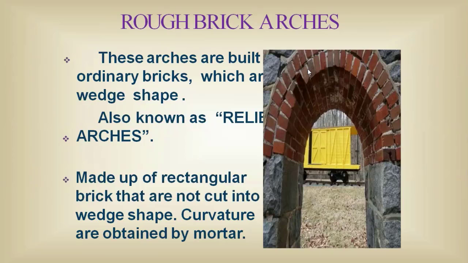First we will discuss the brick arches. The very first is the rough brick arch. These are built with ordinary bricks. The wedge shape required in the arch is achieved by varying the thickness of the mortar. These arches are normally built in half-brick rings to limit the variation in joint width. As the appearance of such arches is not good, the surfaces are usually plastered, as you can see in the figure also.